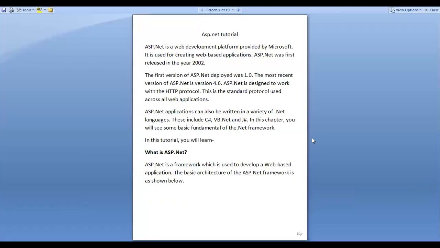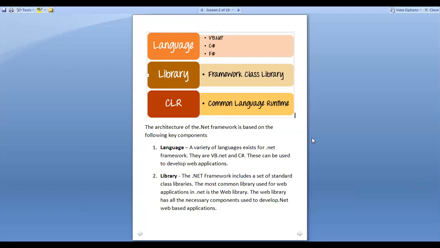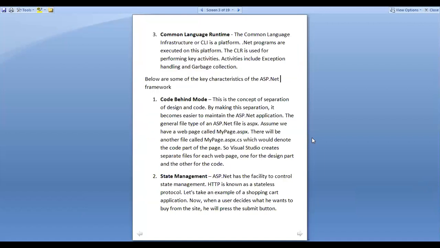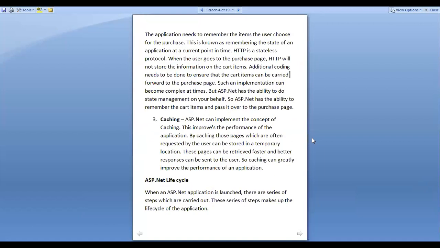I have one document for the same, so I'll refer to that document. ASP.NET lifecycle. What exactly is the ASP.NET lifecycle? Lifecycle simply denotes the stages from the starting of the application to the ending of the application, and all of those stages are referred to as a lifecycle.